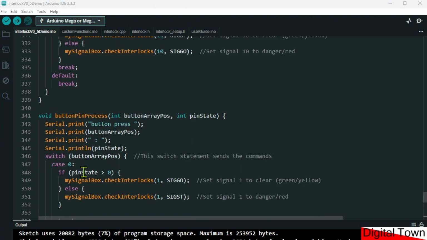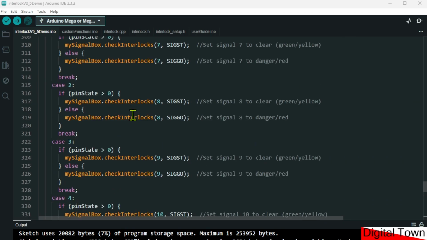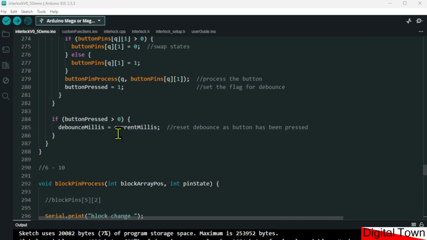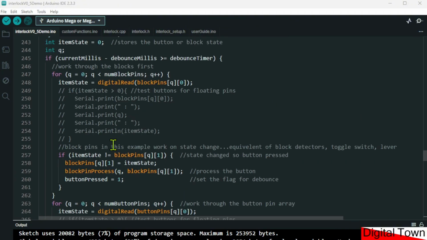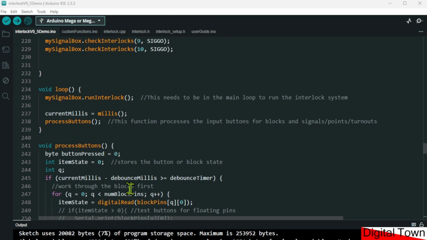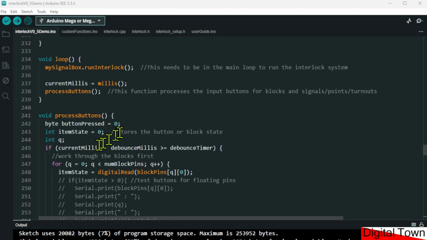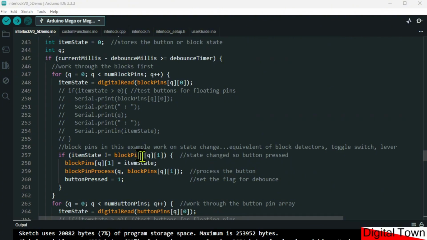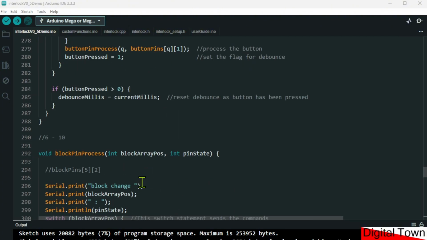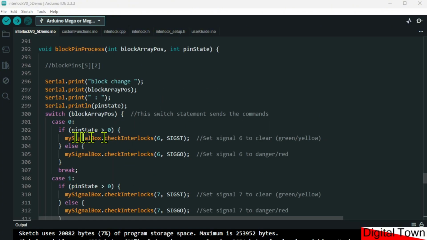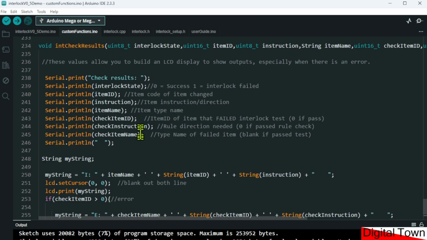Now, the reason for not going into full details of this code is depending on the type of buttons, block detection system, whatever, you will set up your code your own way. The important thing is to see, if you like, the idea of what happens, and the only thing that needs to be sent across then is this function checking your interlock value for that particular item. The system will then work out the rest of it,